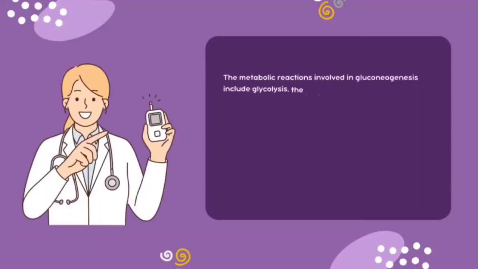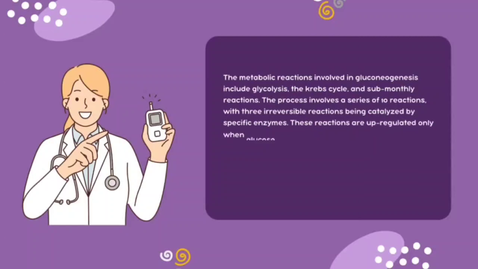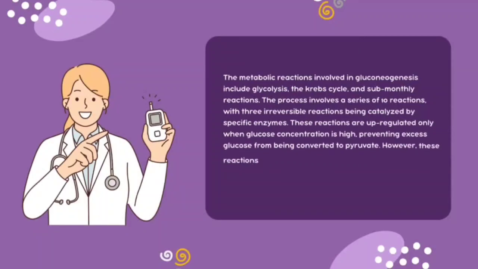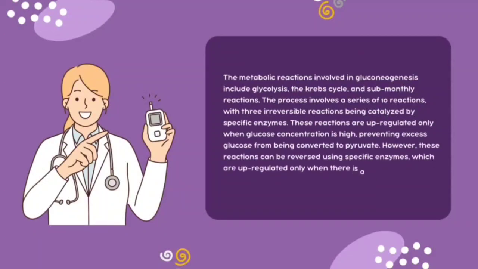The metabolic reactions involved in gluconeogenesis include glycolysis, the Krebs cycle, and sub-monthly reactions. The process involves a series of 10 reactions, with 3 irreversible reactions being catalyzed by specific enzymes. These reactions are upregulated only when glucose concentration is high, preventing excess glucose from being converted to pyruvate. However, these reactions can be reversed using specific enzymes, which are upregulated only when there is a deficiency of glucose